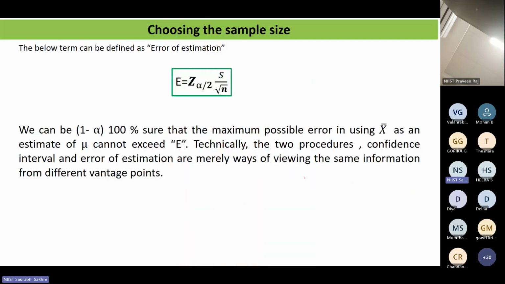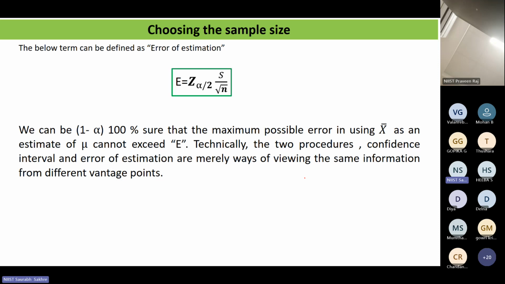Now, choosing the sample size. Actually, one thing you need to keep in mind is that there are two ways to do a particular thing. A few days before, one student came to me. She was asking about the sampling of bananas. She was collecting samples from different regions of Kerala, and she is trying to work out the impact of pesticides or any change that is happening.